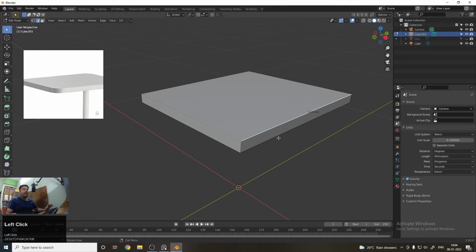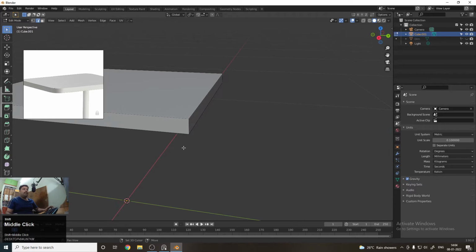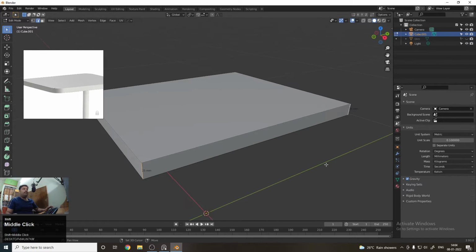So with this we can easily select the edge, and the shortcut on keyboard is 1, 2 and 3. So 1 is for vertices, 2 is for edges, and 3 is for faces. So in this manner you can select the vertices, edges and faces. So now let's create the curve. So to create the curve you need to select the edge portion. So let's select the edge portion by just clicking the edges and with the help of Shift.